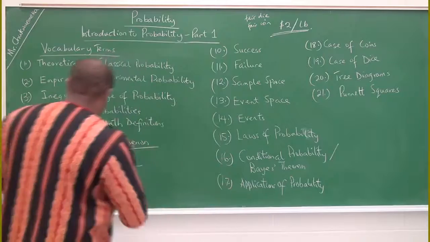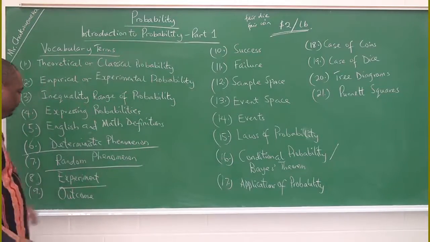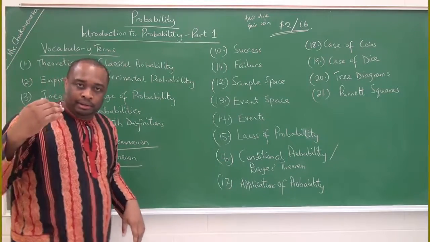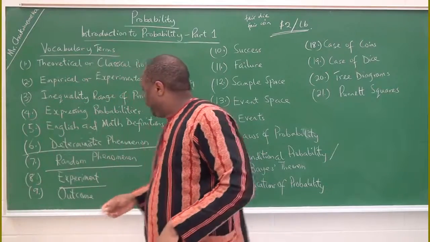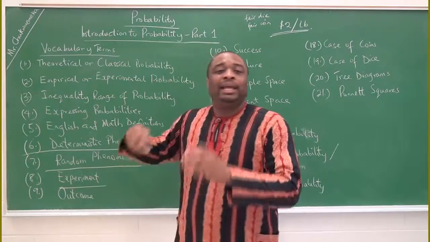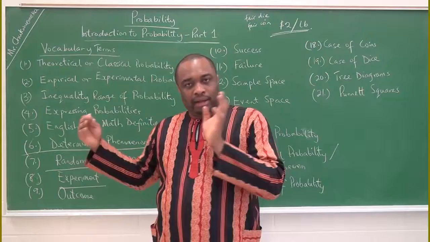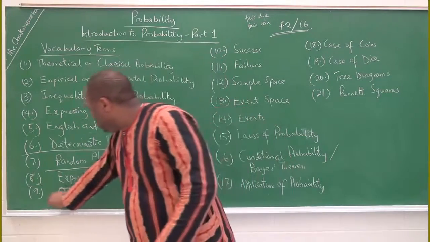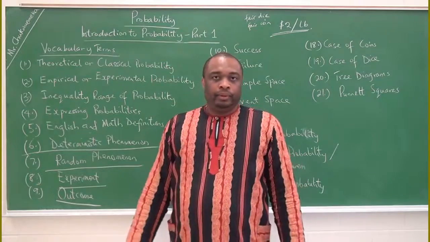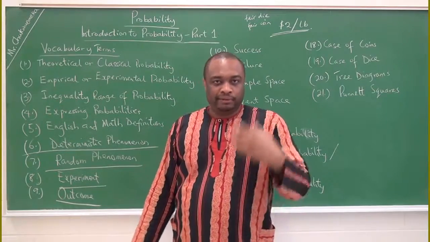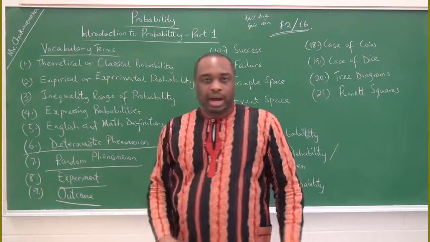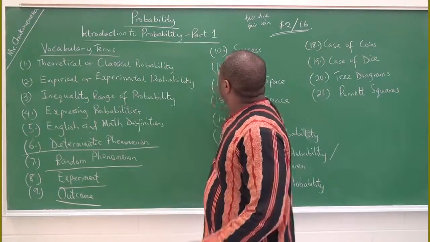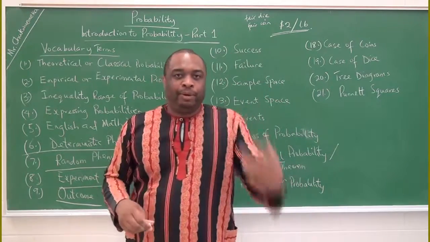There are so many examples. And then observation of a random phenomenon is called an experiment. Now the possible outcomes, the possible results of an experiment, is what we call an outcome. Now, when we have a favorable outcome